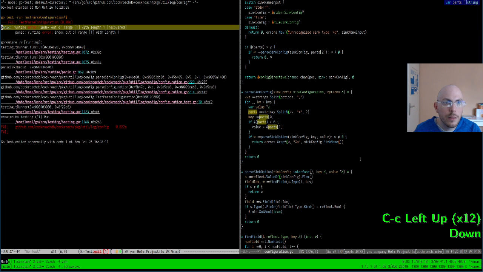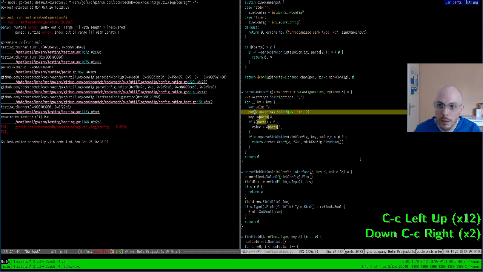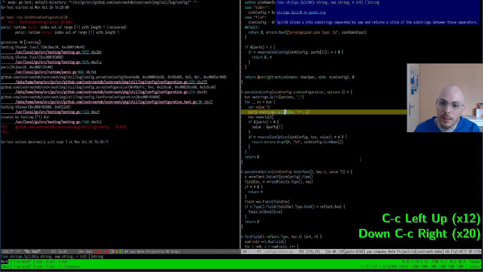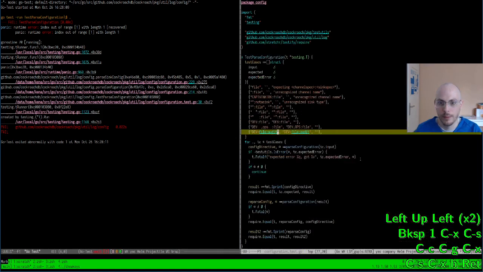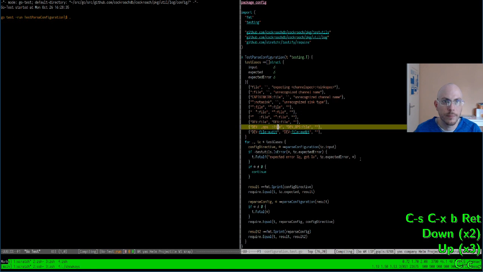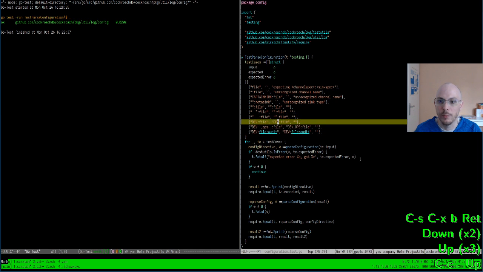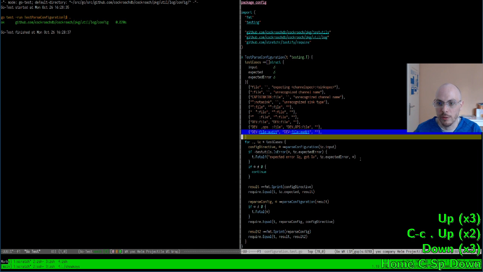What is it telling me? Out of range with length 1. I say split n, more than one part, of course. There we go. So the audit flag was recognized properly.